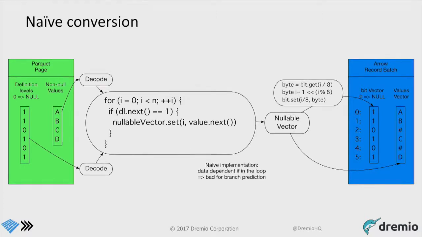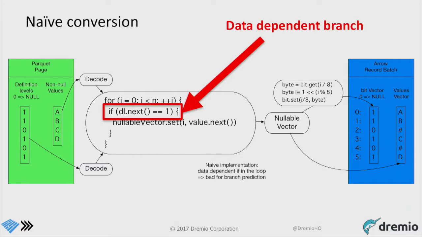And then there's a bit vector, so every time we set it, we need to get the byte that contains that bit, figure out which bit to set, so we use a mask to set it, and then set it back. So that's how you set a single bit in a byte, right? So there's some abstraction, and if you remember what I said about pipelining,